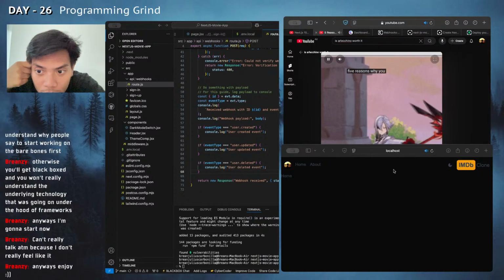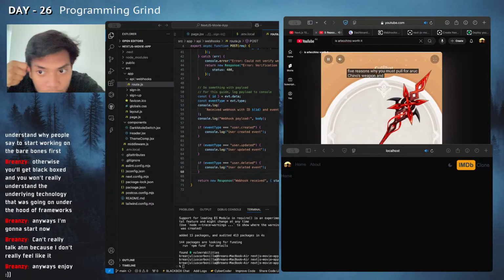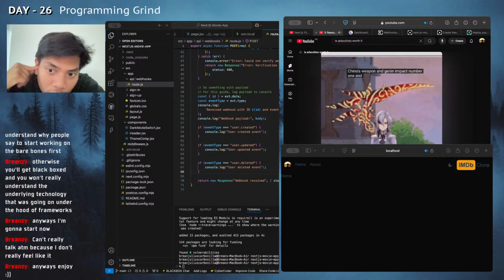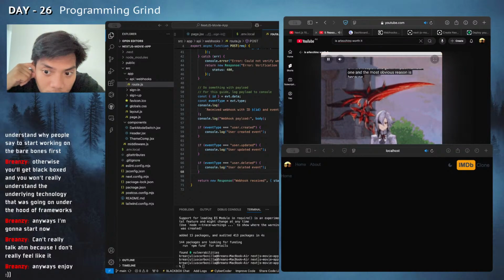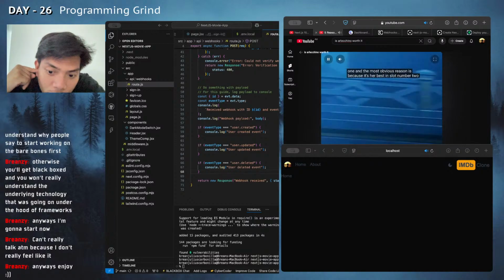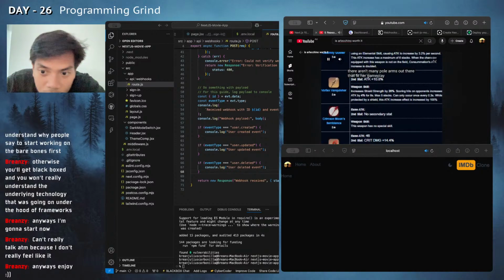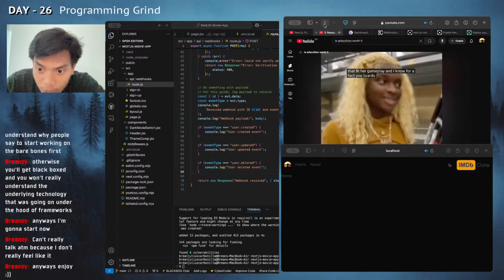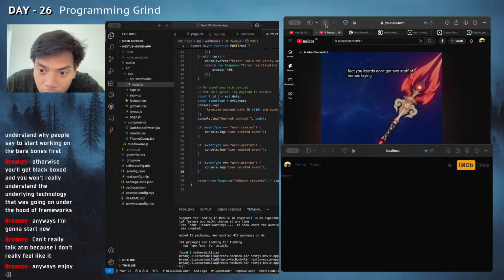5 reasons why you must pull for Arlecchino's weapon in Genshin Impact. Number 1, and the most obvious reason, is because it's her best in slot. Number 2, there aren't many polearms out there that fit her gameplay, and I know for a fact you lizards don't got 2 Staff of Homa laying around. Number